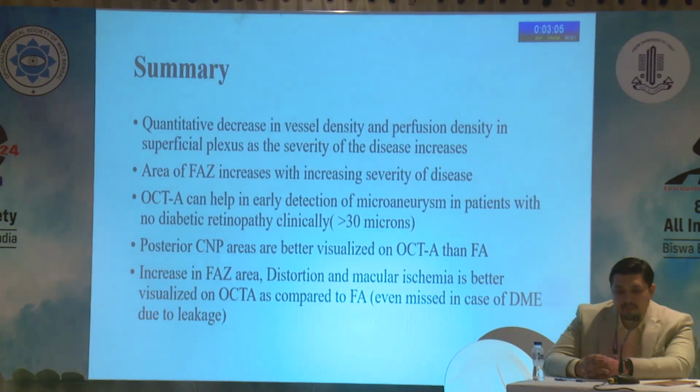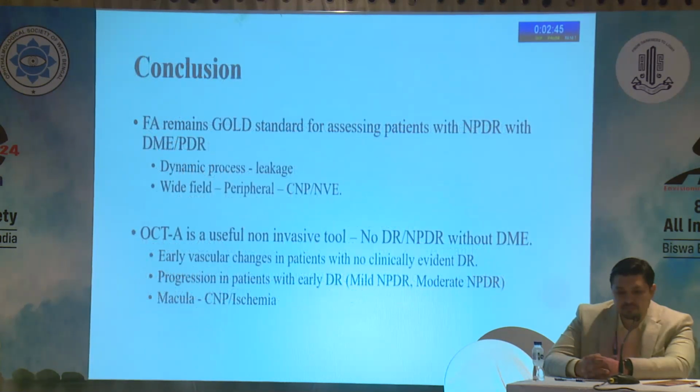So by our study, we found that basically microaneurysms were much lesser in number on OCTA. They are seen even in eyes without clinically visible diabetic retinopathy. FAZ is a good marker of progression of diabetic retinopathy, and neovascularization, especially not too peripherally, can be easily picked up with OCTA. That is what came out from our study,